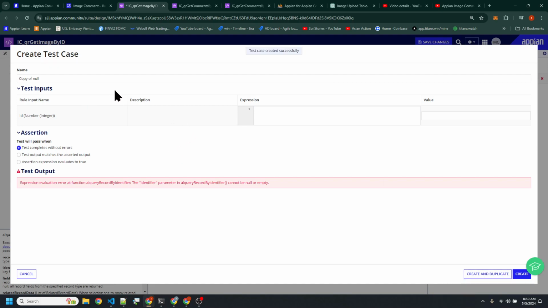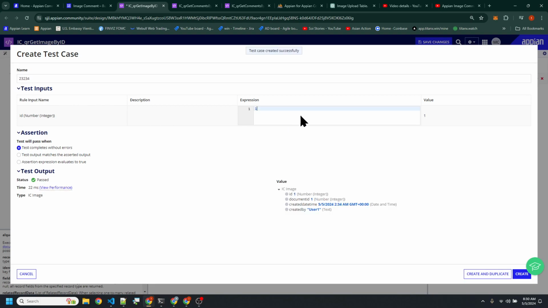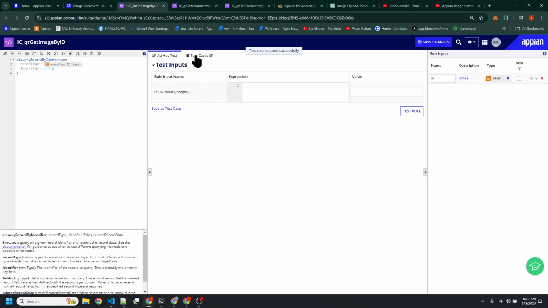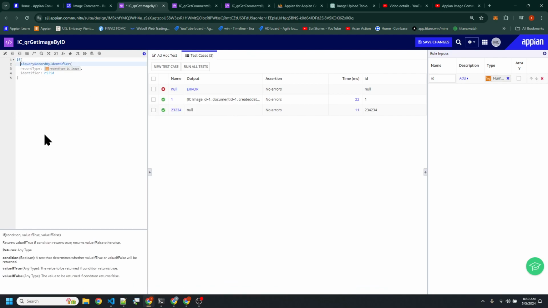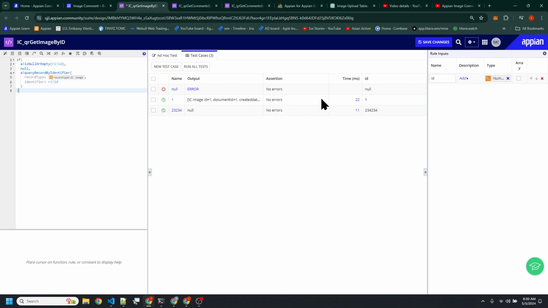And then we'll leave this one. We're going to duplicate this one. We're going to make this one 1, create duplicate. And we're going to make this one a large number here. Great. All right, we're going to test case. Submit test cases here. Null error here, right? So we're going to say if image ID is null, then we're just going to say null. Otherwise, we return something here, right? Run all test cases, right? Boom. Null here, that checks out.